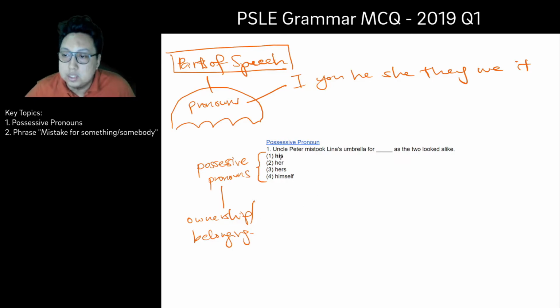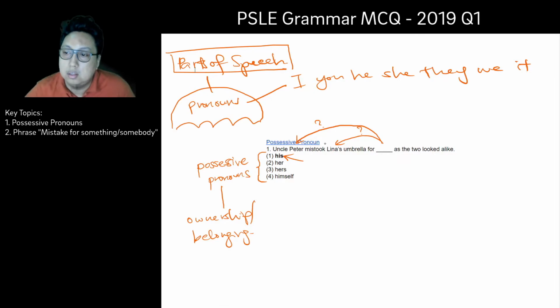For this particular question, the answer is number 1. I think part of the understanding is whether you know who this pronoun is referring to. Is it referring to Lena, or is it referring to Uncle Peter? That's the possible testing that the question is trying to put you through. So the next question is, how would a student be able to evaluate which person it's testing them on?